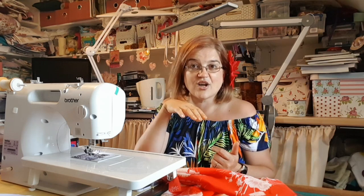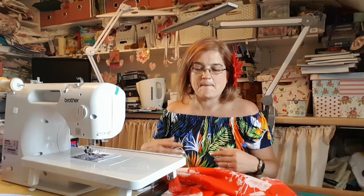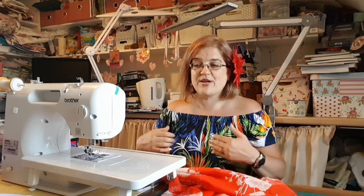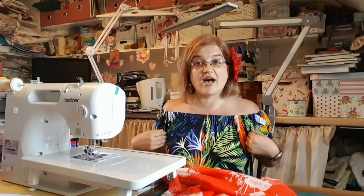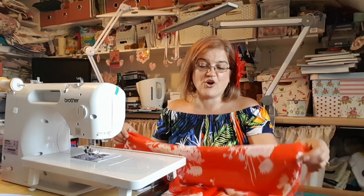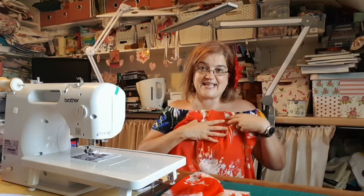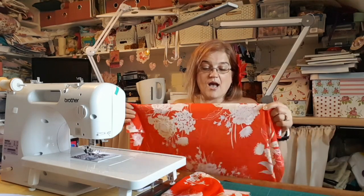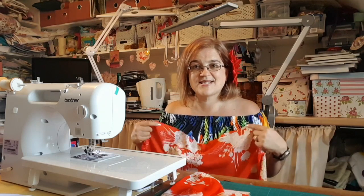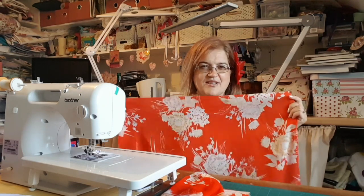Now the one I'm going to make today, I want to make it slightly longer, so I'm going to cut it 22 inches because I want it to come just a little bit further. Important to note that we're not actually taking a measurement of our bust at this point to work out the width, because, well, you can do, but you need a bit of ease. What I actually did was I grabbed my fabric and I sort of draped it to see how it would hang. I then took my bust measurement and added 6 inches to it so that I've got some movement,